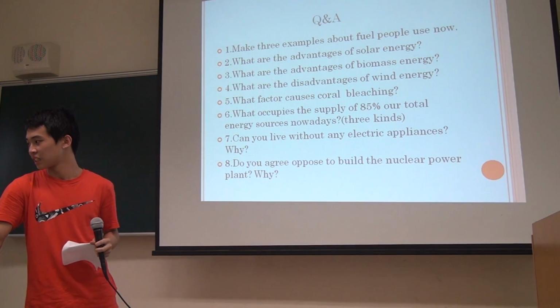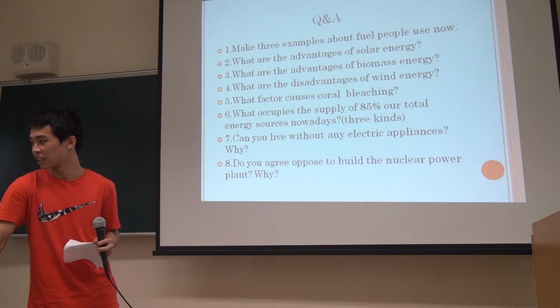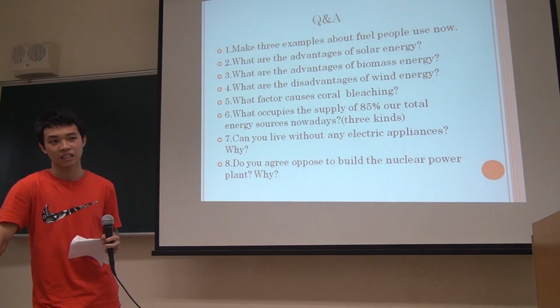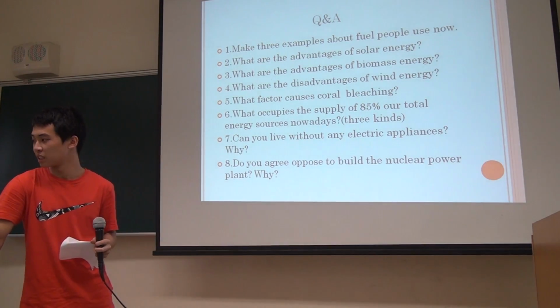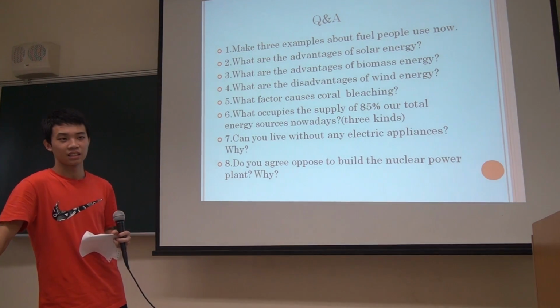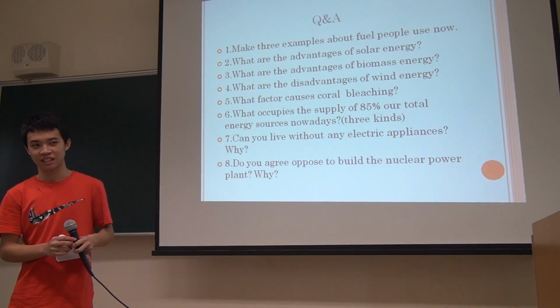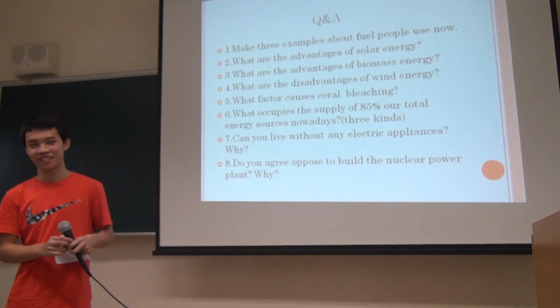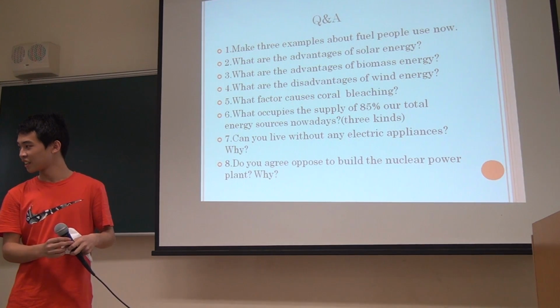So African people plant many of these materials in their country, and it decreases their agricultural products. So people grow these crops just to burn them to produce heat. I don't understand. How does it work? How does it produce energy? And some will